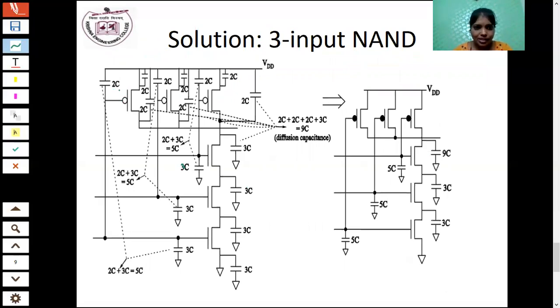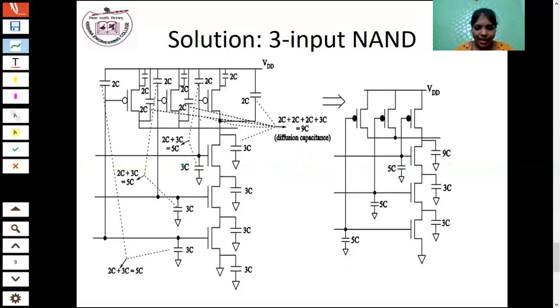So here these 3 capacitances indicate the gate capacitance. Okay, these 3 capacitances are gate capacitance. Similarly, for the NMOS, the gate capacitance is 3C, 3C, 3C. Similarly, you have to draw it for the source as well as the drain terminal. Okay. So for the PMOS also you have to draw the source and drain terminal. For the PMOS, its capacitance value is 2C, for NMOS capacitance value is 3C.